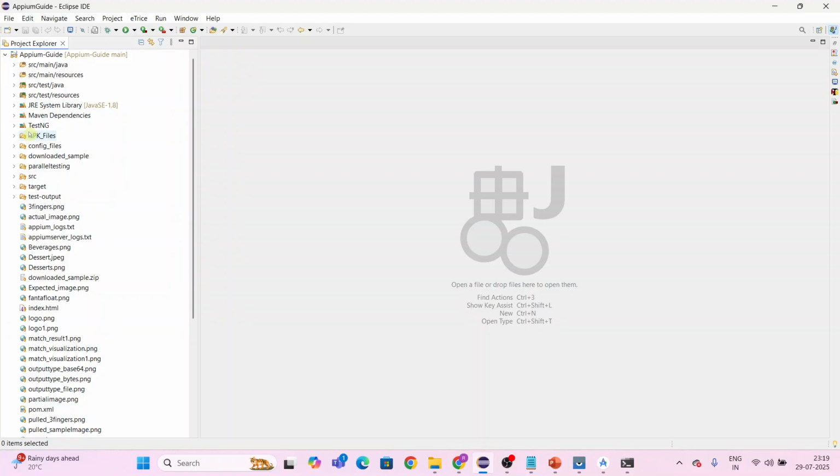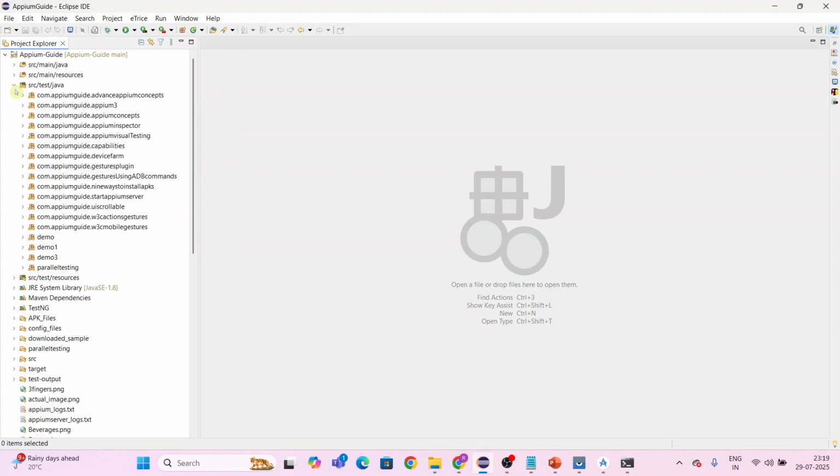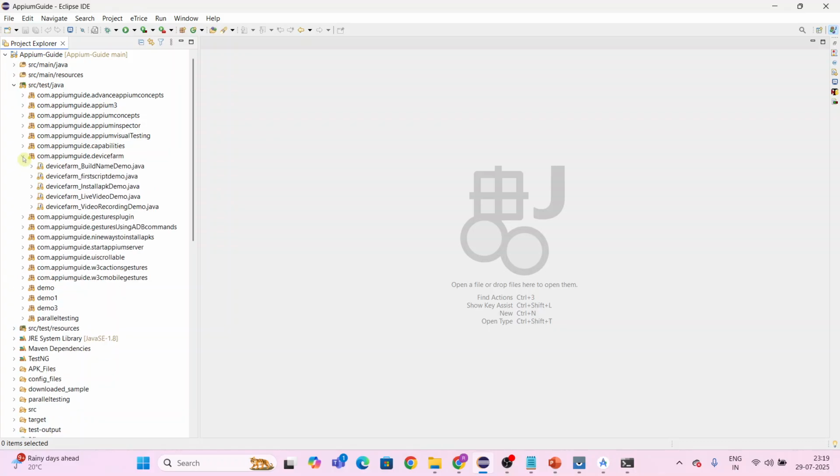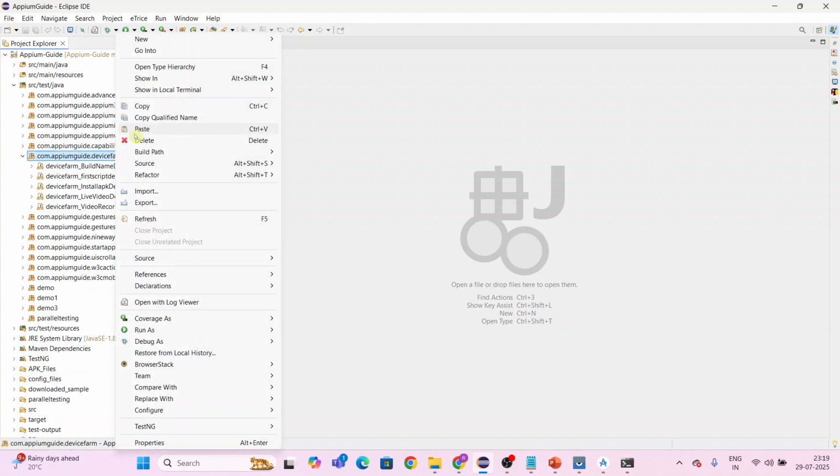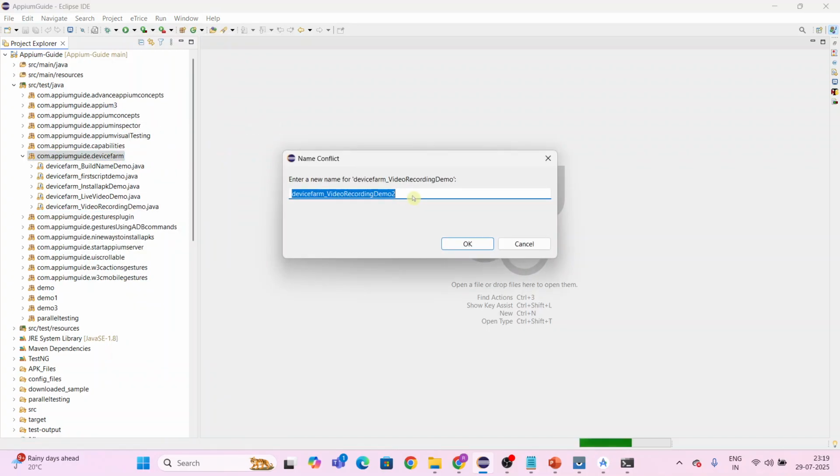I'll go to Eclipse. Under Eclipse, we have the com.appium-guide.devicefarm package. I created a separate package for this one. Just select any code here, copy this class, and paste it in the same package. And we just need to rename. So what we are doing here, we are executing the first script